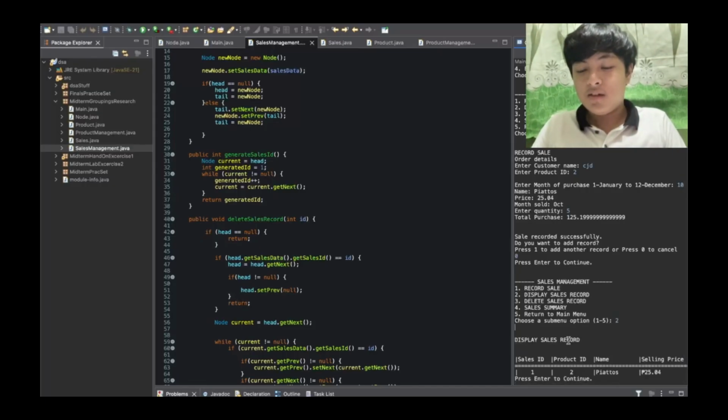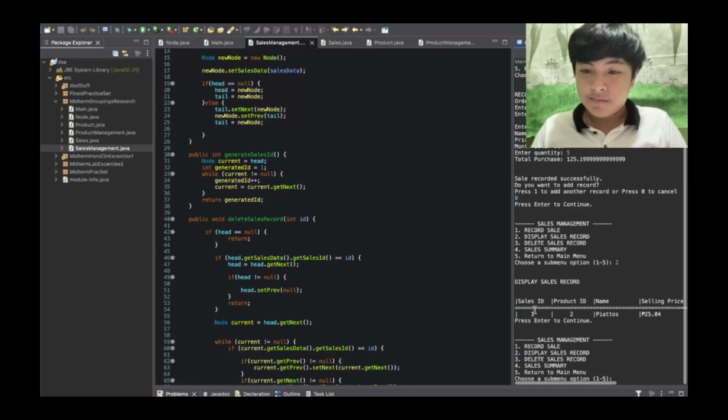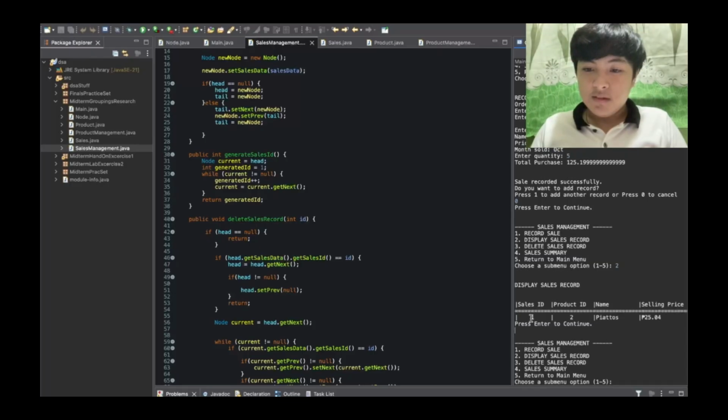As you can see here, this is the ID that we are talking about. This one is just automatically generated. Since CJD is the first one that purchased this October, he gets the one.